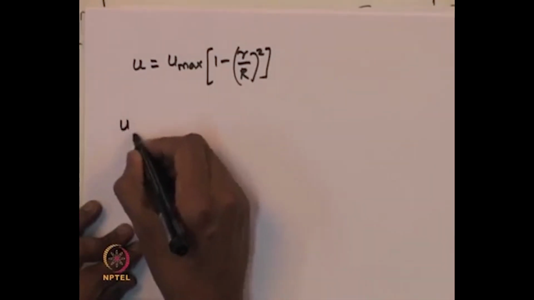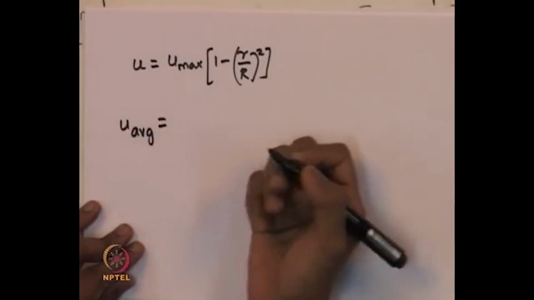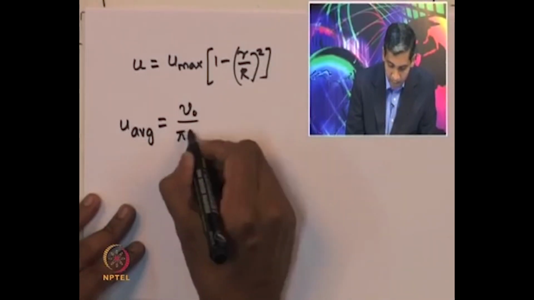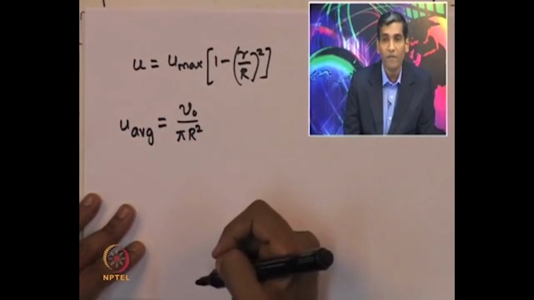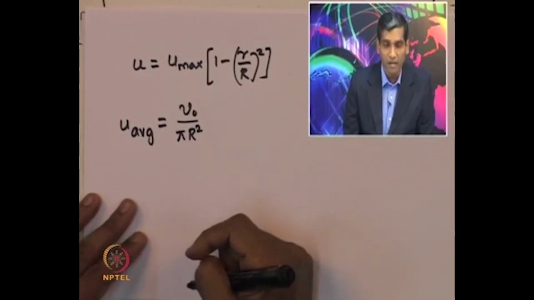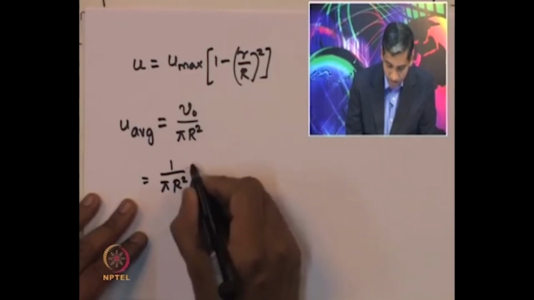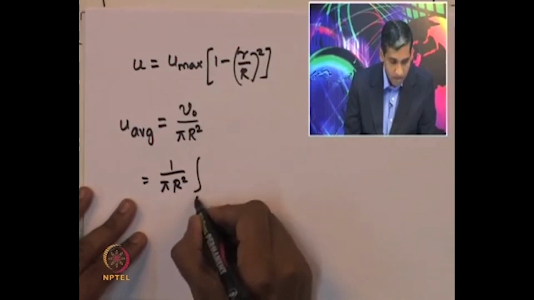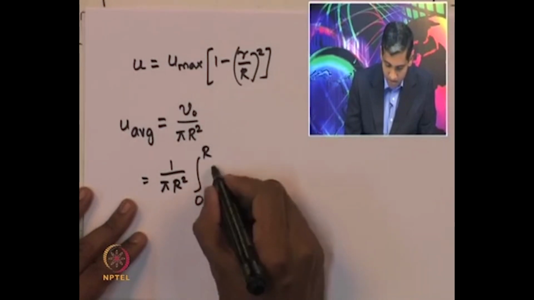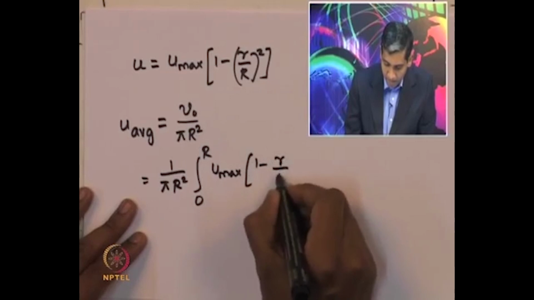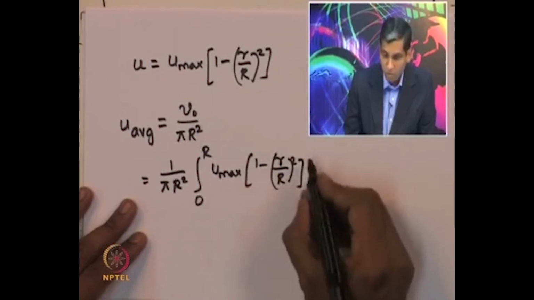So, u average, which is the average velocity at a given cross section, is given by the volumetric flow rate divided by the area of the reactor at that cross section, and that is given by 1 by pi R square into the integral from 0 to R of u max into 1 minus r by R the whole square into 2 pi r